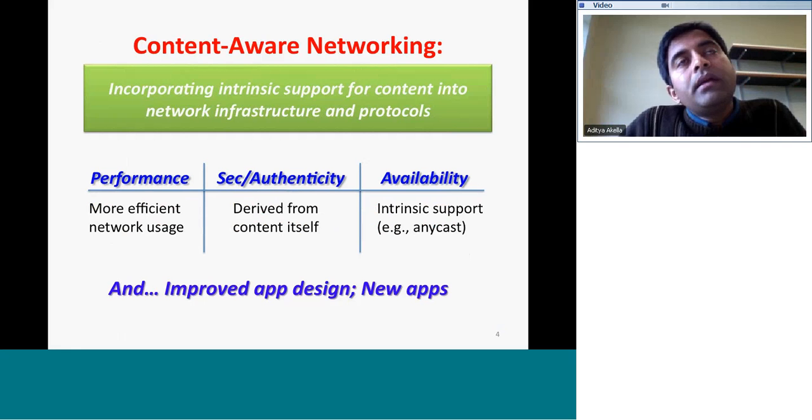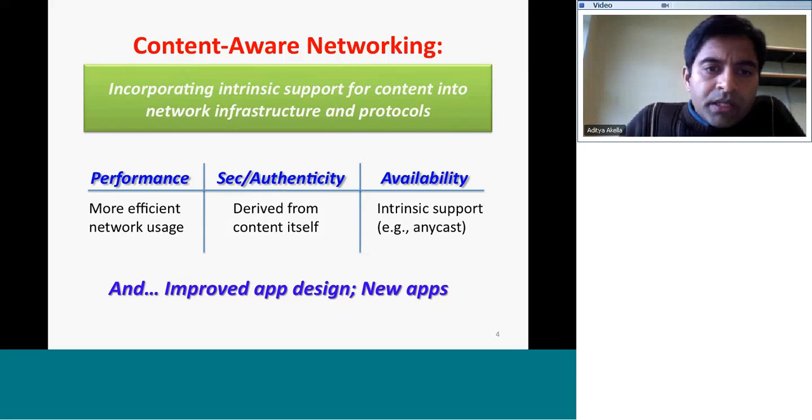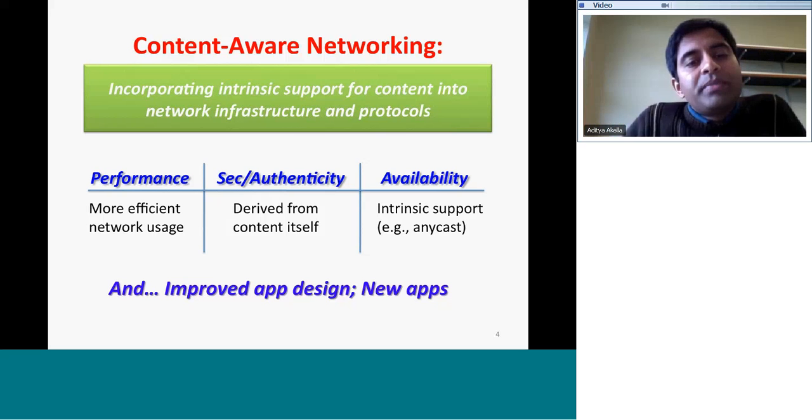But the key advantage of elevating content to a first-order entity alongside hosts is that all these aspects that I talked about on the previous slide, performance and the need for security and authenticity and availability, become clear, and they become consequences of your design choices. So performance, for example: by using content-aware networking principles, you can imagine making more efficient use of the network.